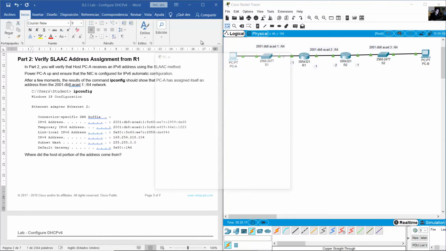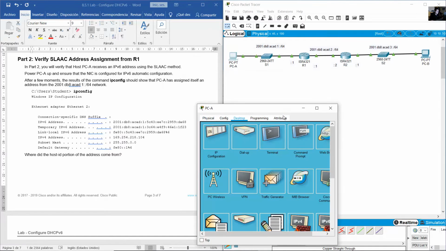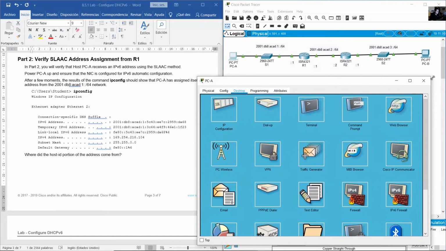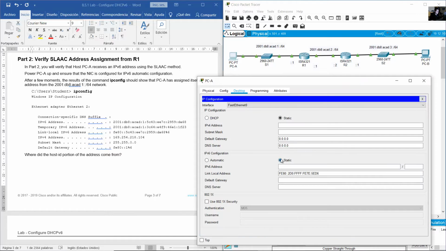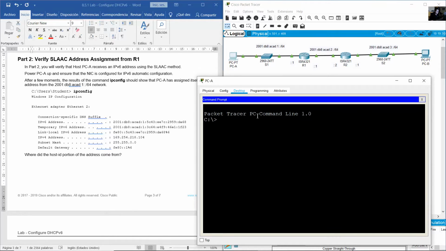Okay, go to PCA, then Desktop on Packet Tracer, IP Configuration, and change to automatic on IPv6. You got this IPv6 address on 2001:DB8:ACAD:1. So that is very good, prefix 64. Also on the command prompt, you can use